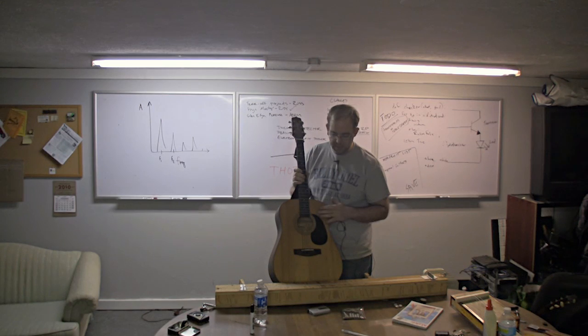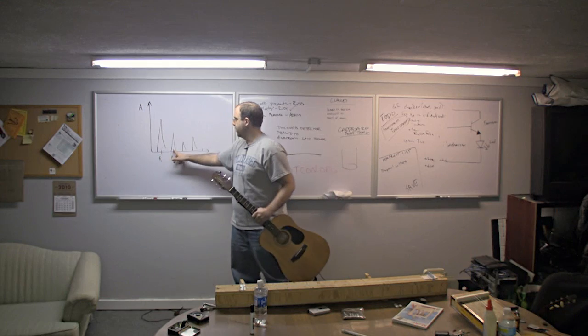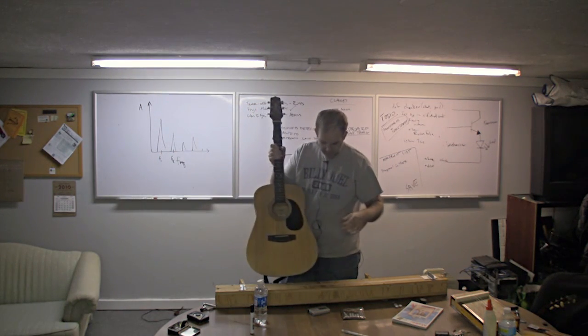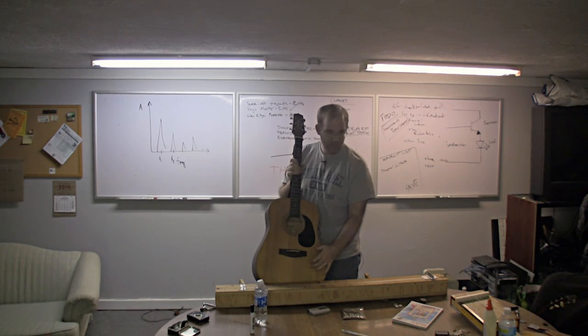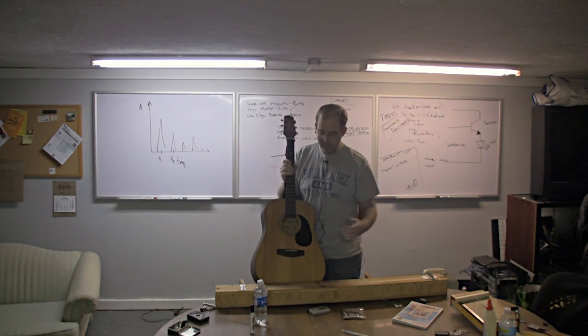they resonate at different frequencies, and they're not harmonic like the string is. The string is harmonic. That means these frequencies come at integer multiples of the first one, but the resonances of the top plate, for example, are not harmonic. But we can figure out what they are. We can experimentally determine what they are. But those resonances